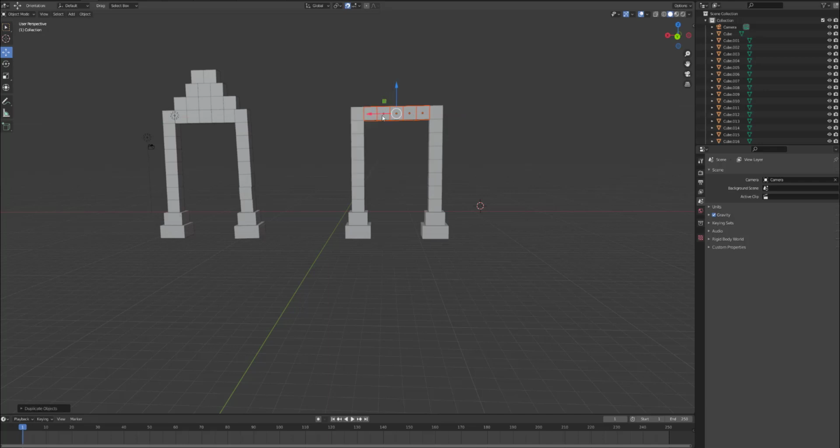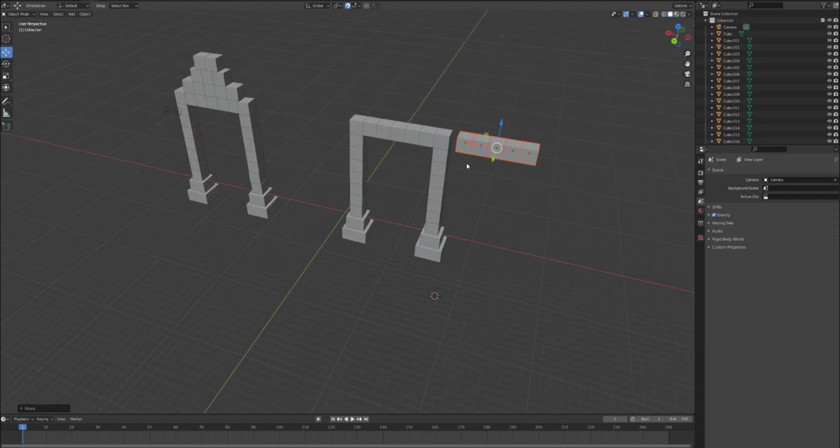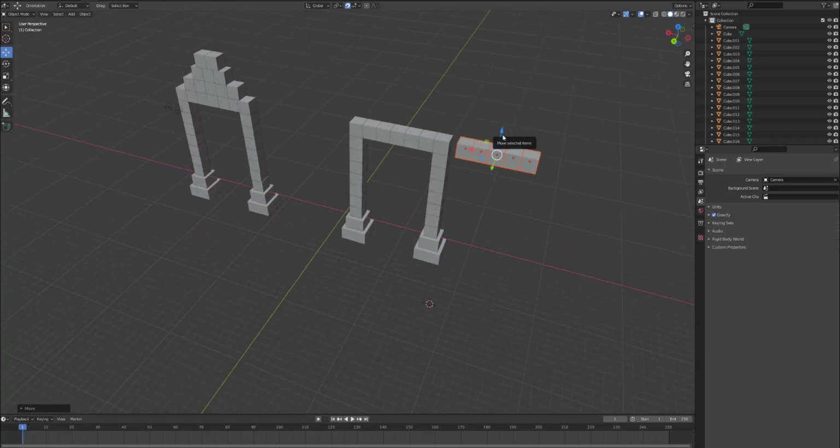Duplicate object, we did duplicate the object, but it didn't allow us to take it in that direction, so